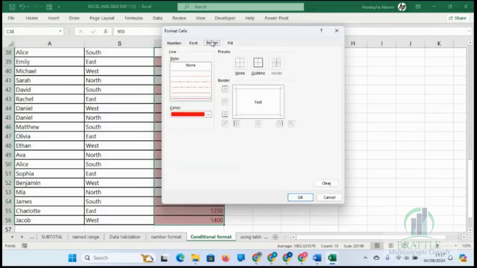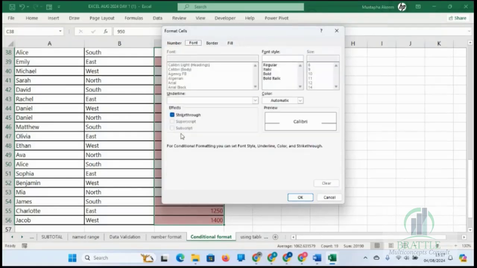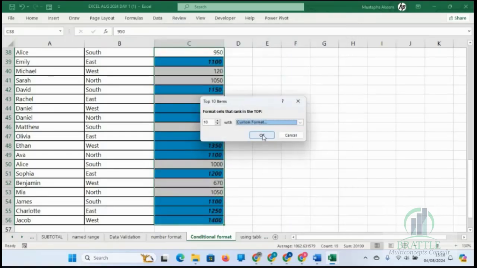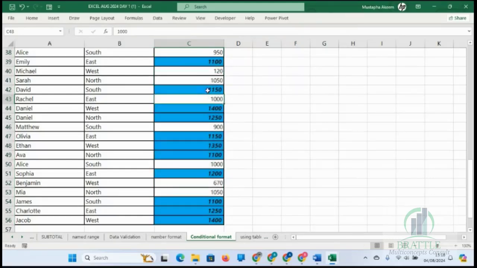So you can do anything you like with the font. You can use bold and italics, and it's okay. So you can see those cells, the top 10: 1, 2, 3, 4, 5, 6, 7, 8, 9, 10, 11. Because some numbers are the same, these are the top 10 numbers in this group.